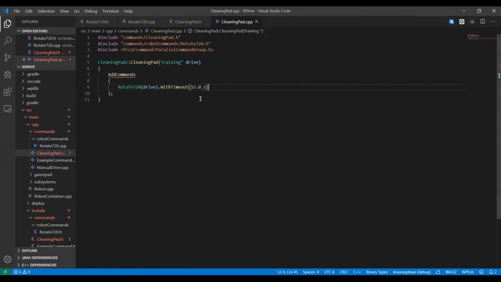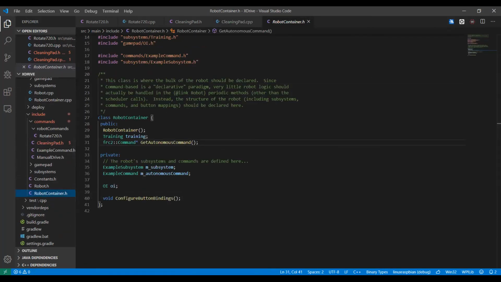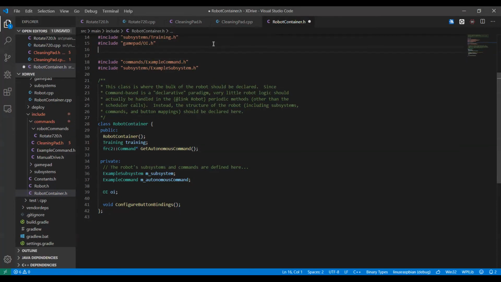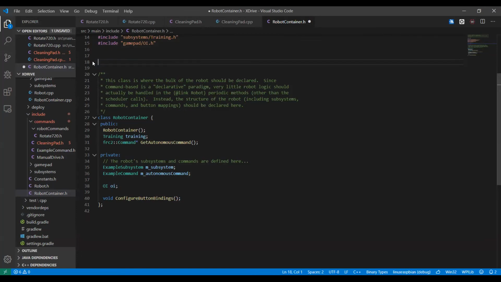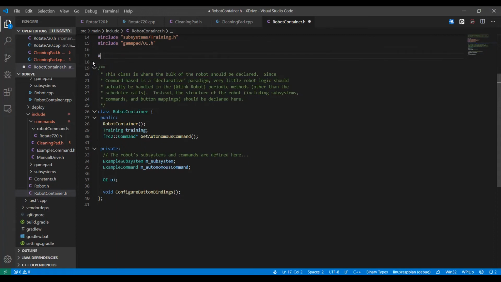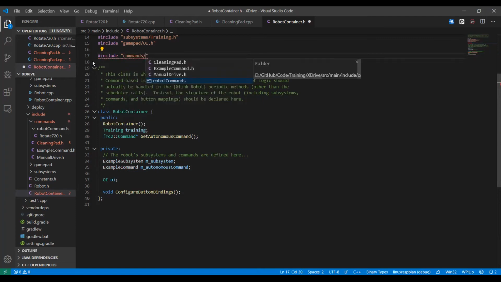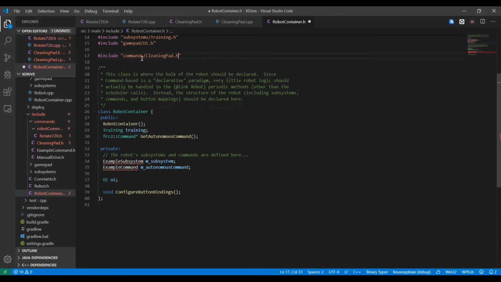So now that we've done the source for this, we have to add it to our robot container so that we can actually tell it to run that command and not something else. So what we're going to do is include, we can get rid of this example command and example subsystem now because we actually have something to send. And we're going to include commands cleaning pad. And we notice there's an error here, so we're going to delete that